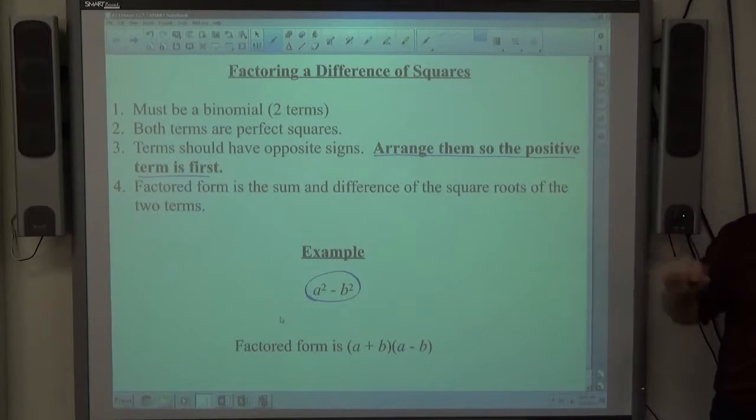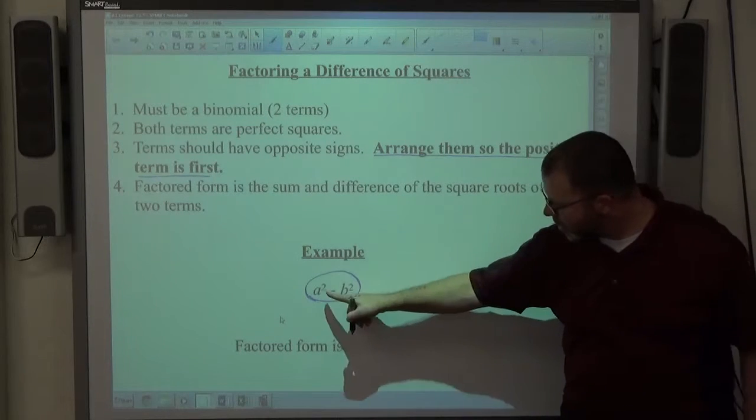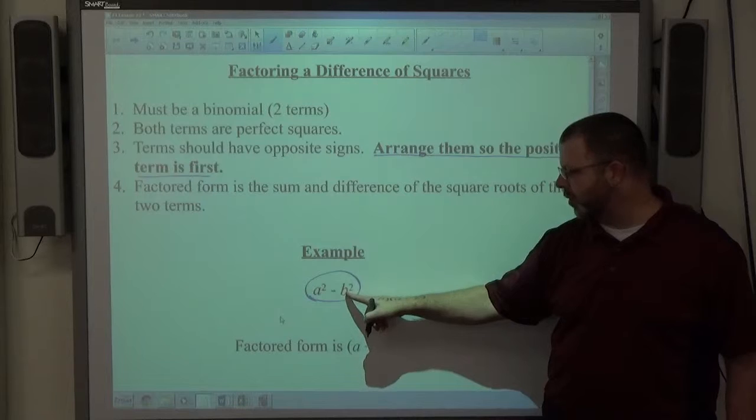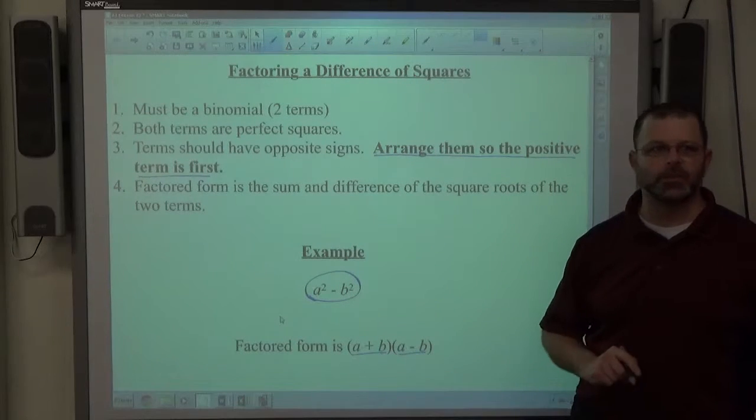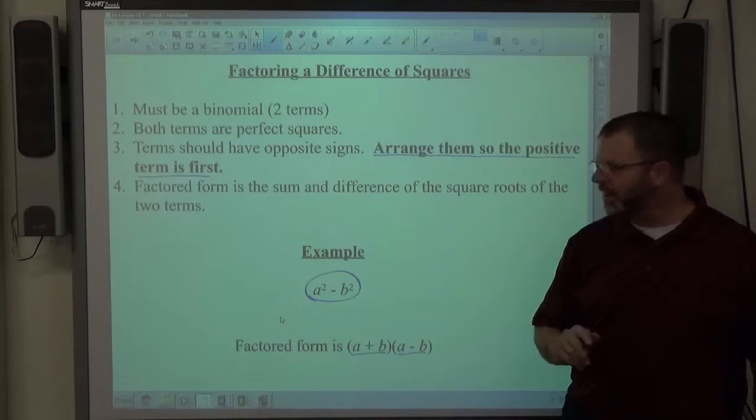The factored form is the sum and difference of the square roots of the two terms. Sum and difference. So, the square root of a squared is a, the square root of b squared is b. A plus b is the sum of the square roots, a minus b is the difference of the square roots. The reason that works,